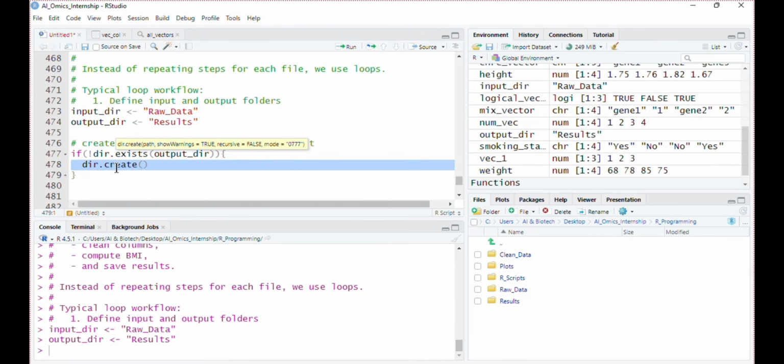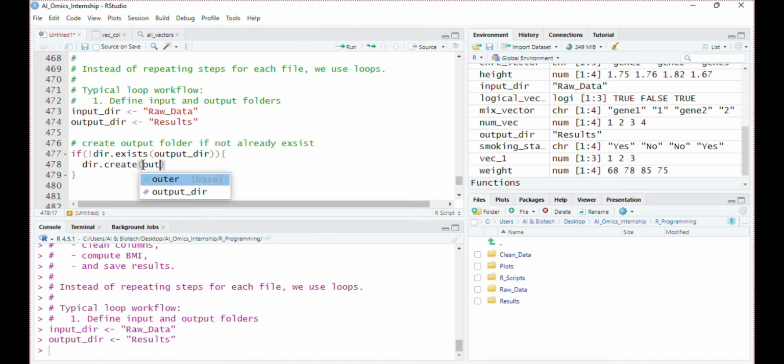So here if I insert the output directory, what happens with this line of code? This if condition checks if the output directory exists. If it does not exist, the opposite case, as we have assigned in this condition, then create the directory.